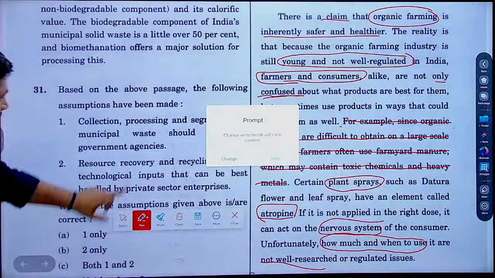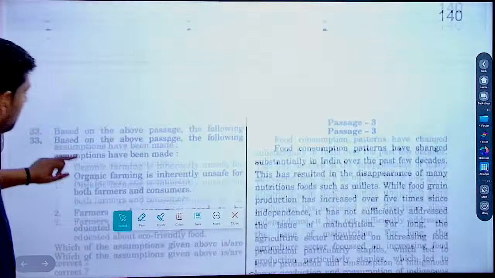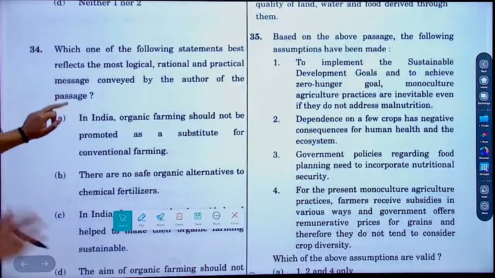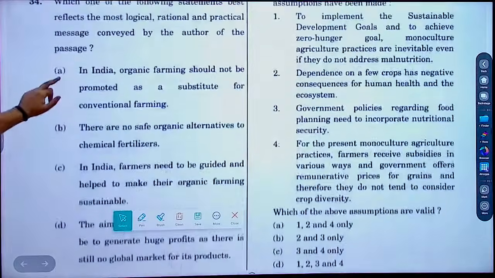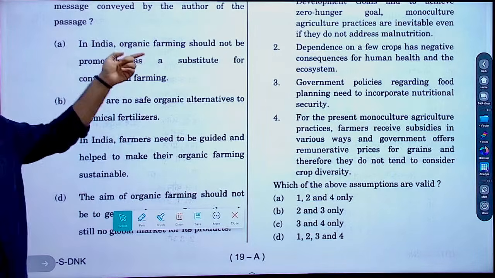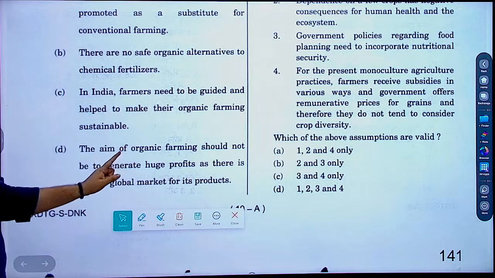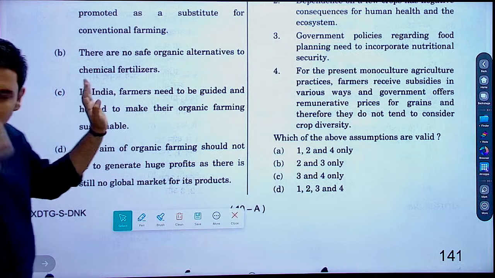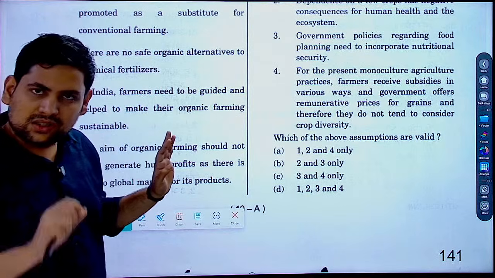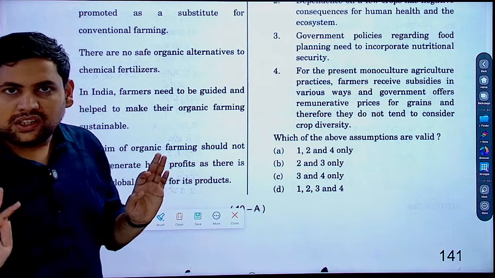Then now if you come to the questions, first this question, this you should do right there and then. So was it comparison of organic and conventional? No, it was all about farmers being guided, correct? So you mark C in the middle only, don't think much, just mark it and continue reading the passage. Then